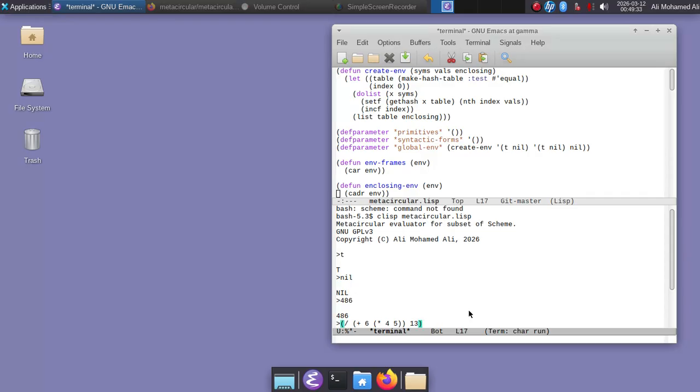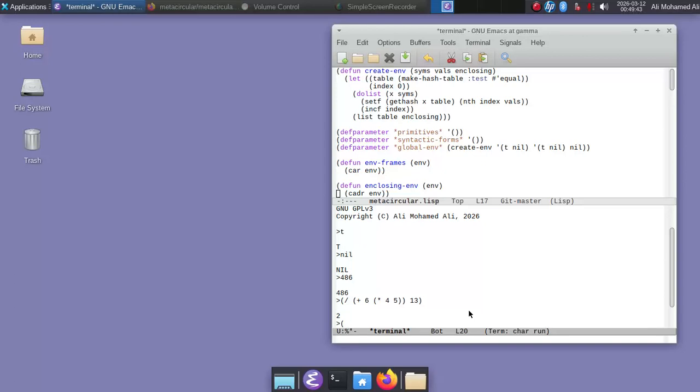That should work. And yeah, that gives us 2, because 26 is twice that. And then let's say minus that giant operation, 6 multiply 4 and 5, by what is it, 1, should give us